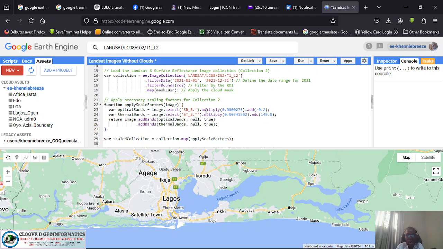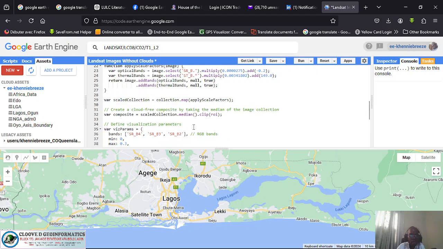Now if we run this function, we ask the Google Earth Engine to run this function for us, and if it is true, but if the function cannot be executed, give us null. But if it can be executed, say run it as true. The same thing as this. Then we have a